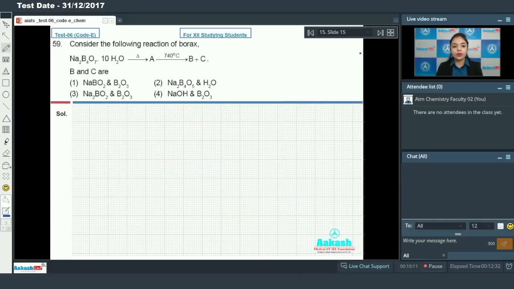So moving on to the next one, now you have question number 59, which is a reaction of borax, and we have to identify the B and C compounds. So all the reactions related to borax are very important because they are frequently coming in the examinations. So in the first case